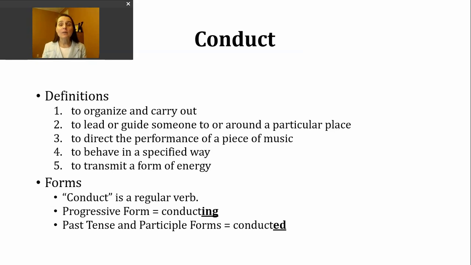A fourth way to use this verb is to mean to behave in a specified way. And I'll point out with this definition, you're oftentimes going to hear a reflexive pronoun used after this verb. It might sound a little bit something like, he conducted himself, and then describing, either in a positive way or a negative way. Or they will conduct themselves. And again, somehow describing the way in which they behaved.